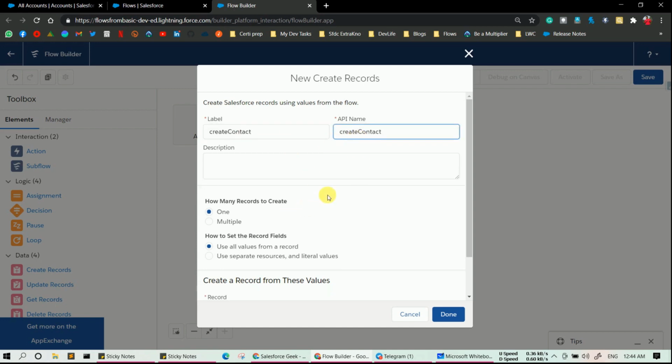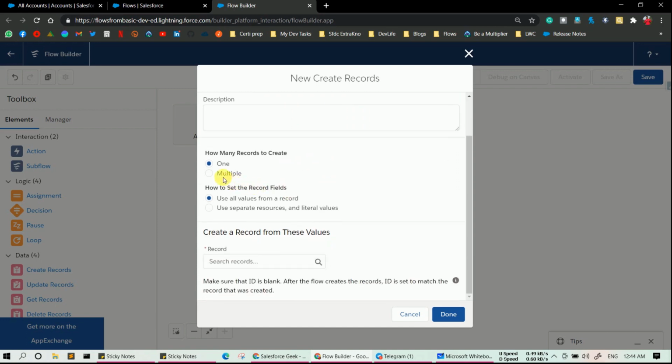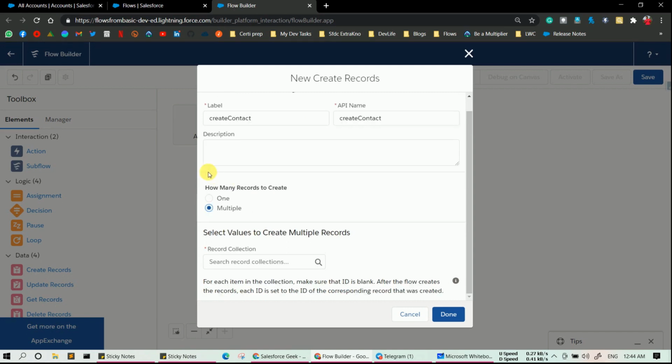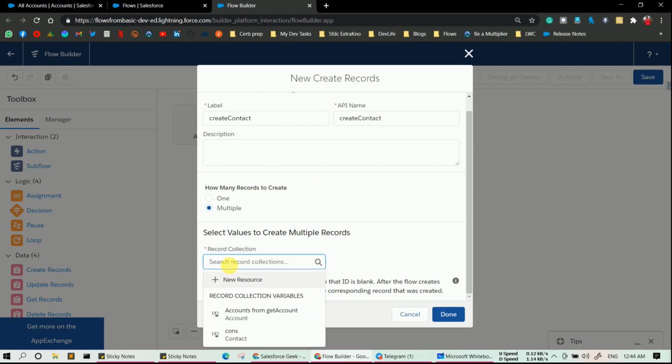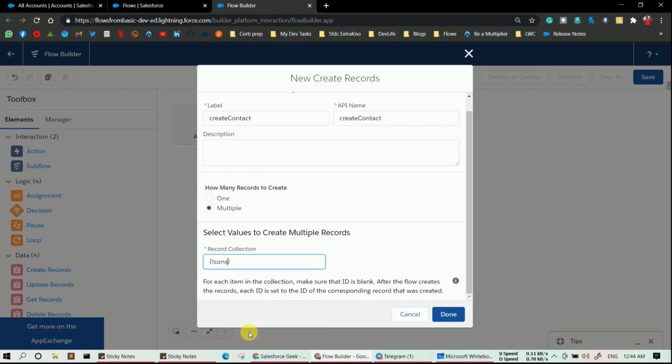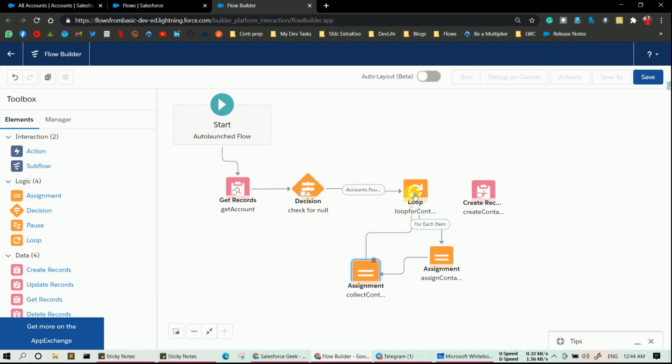API name will be automatically populated, and here you need to select multiple because you have a collection variable over there. What I mean by collection variable is the bag. My bag name is cons, and simply I have to click done. And let's connect the dots from loop to the create record element.